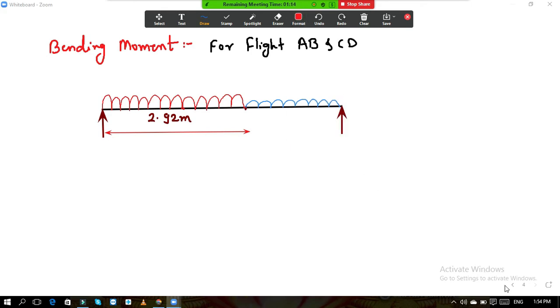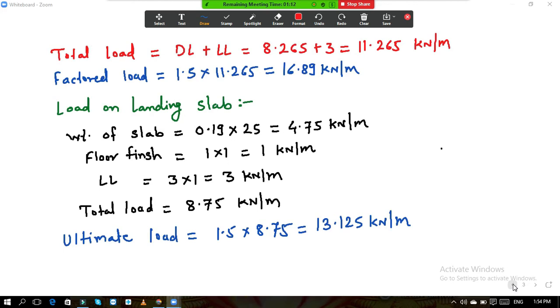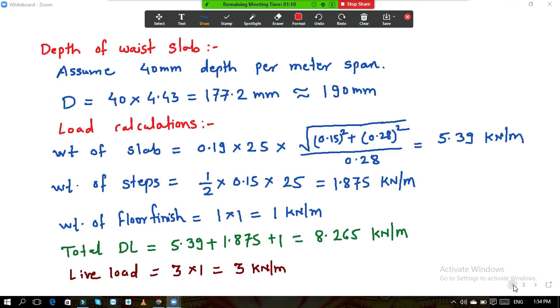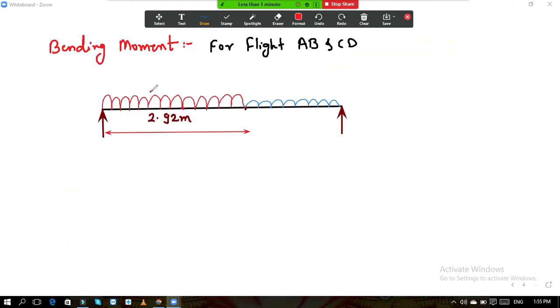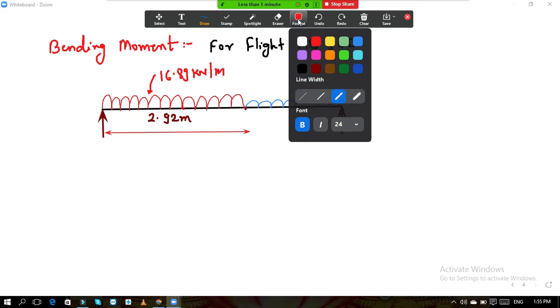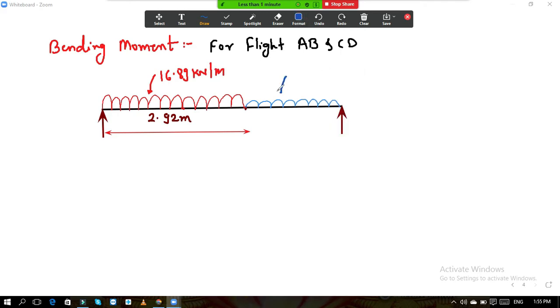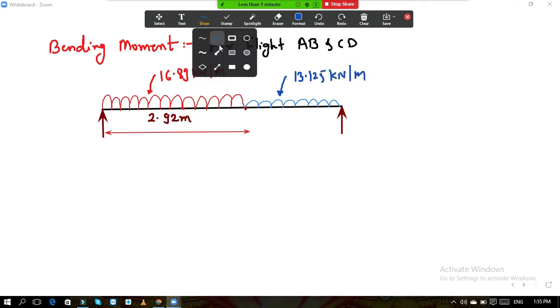So what are the values now? For landing 13.125 and for flight it is 16.89. So here it is 16.89 kilonewton per meter, and here it is 13.125 kilonewton per meter, and this remaining length,